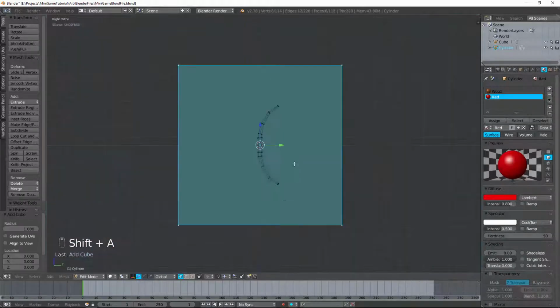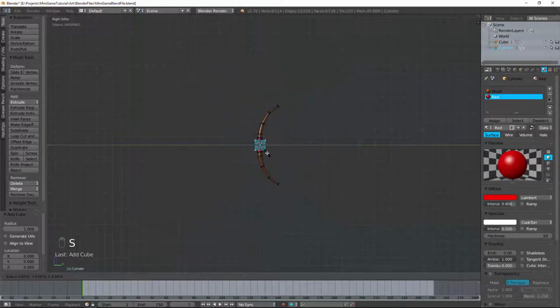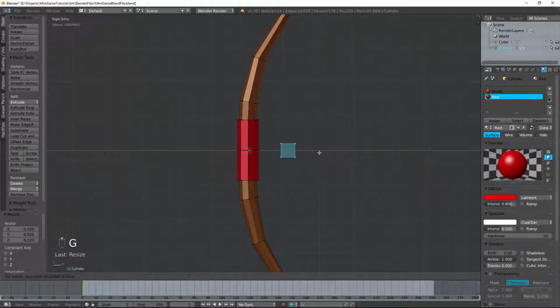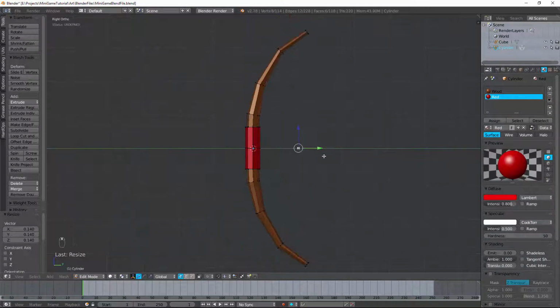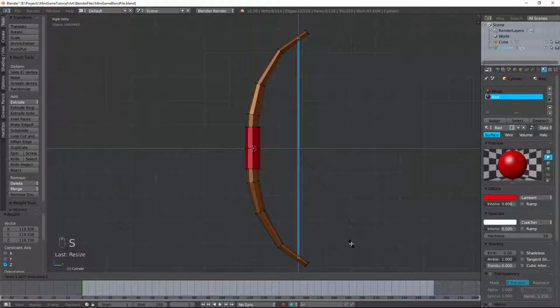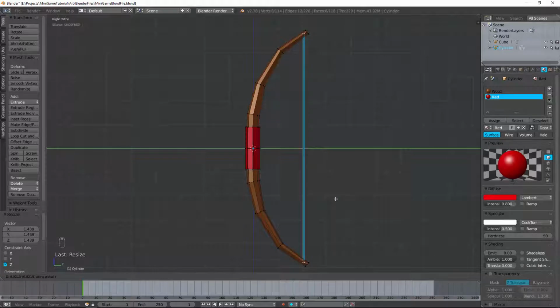If you hit Shift A cube, we're going to go ahead and make a string basically, so I'm going to scale this way down. G to move, S to scale way down, and that's as thick as I want the string to be. So S to scale, Z to constrain along the Z axis. I'm going to just go ahead and scale this up, just like that. Hit G to move it, and then Y to constrain along the Y axis to move it, and there's my